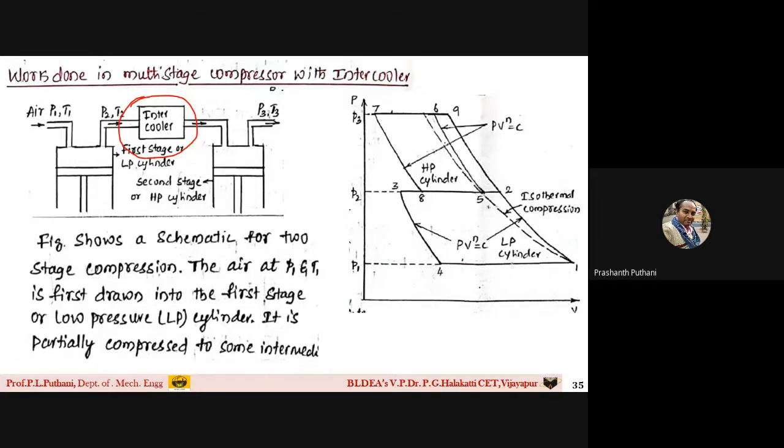If there is only one cylinder, students, listen, if there is only one cylinder, then the nature of the graph will be like this. If this happens, we have discussed the limitations: increase in the bore diameter, decrease in the volumetric efficiency, the compressor becomes heavier in nature, and other things. So to reduce this, what we did was compression in 2 different cylinders. Because of that, we had these 2 different curves.